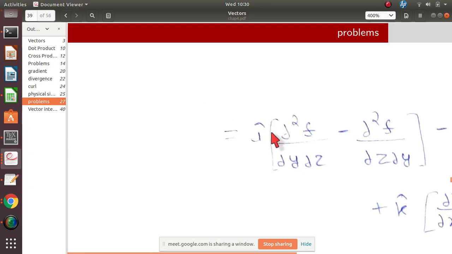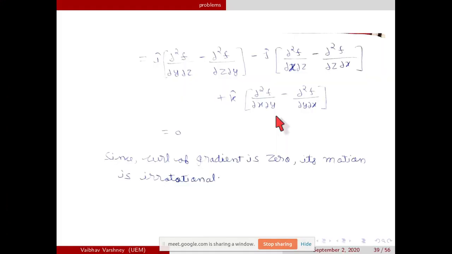Any problem in this question? Not understood how it is explained. How? Sir, that calculation. Okay, have you written the matrix which I asked you to write? Just write the first row as i j k, second row as the del operator, del by del x, del by del y, del by del z, and write the third as the gradient of f.